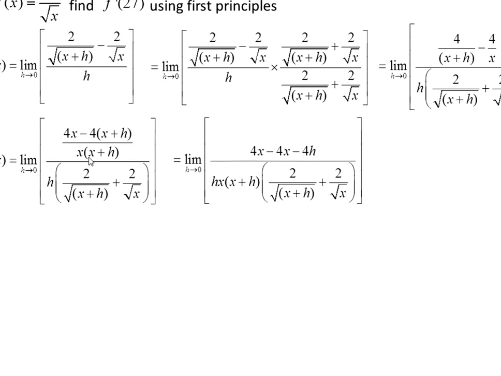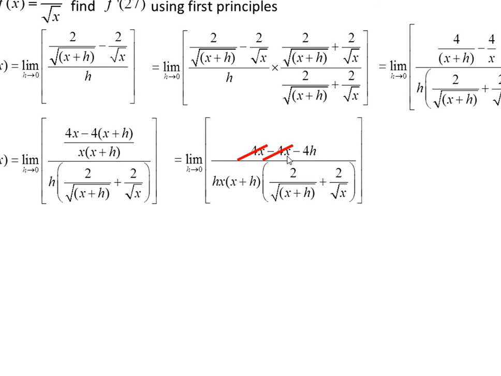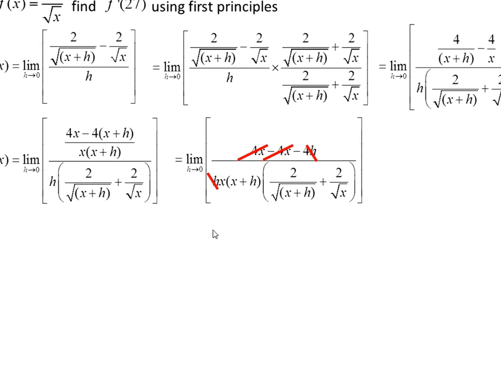Move that common denominator down to the bottom line by multiplying it through by the bottom line. So x multiplied by x plus h is down here, multiplied by h. So basically, just for convenience, we've placed it between the h and the fractional term on the bottom line. We then cancel out the 4x and minus 4x on the top line, giving ourselves h on the top line and the bottom line, which we can then also cancel out. We then again have a situation where we can substitute in h equals 0 without getting to a division by 0 situation,